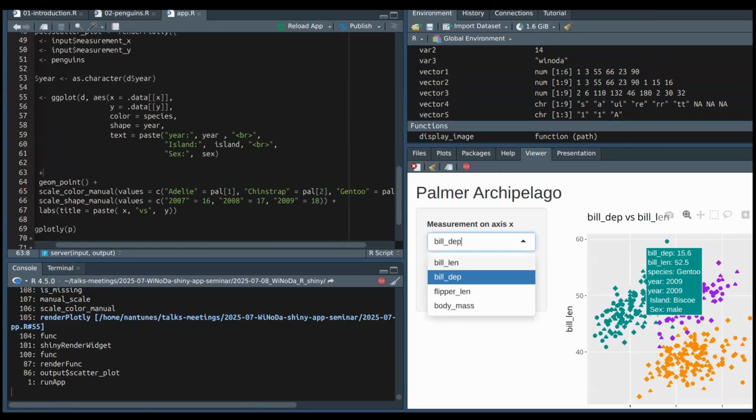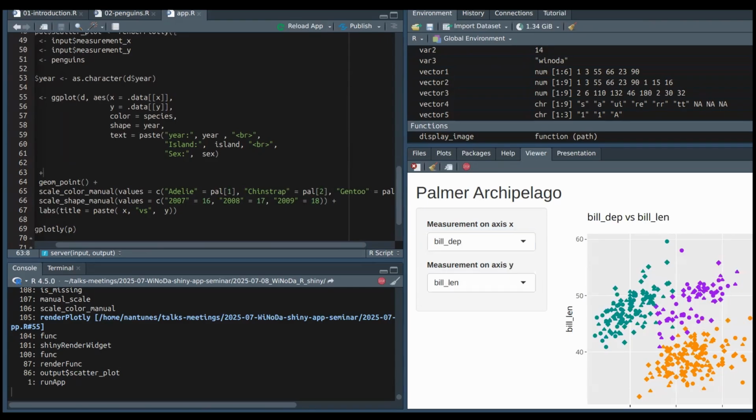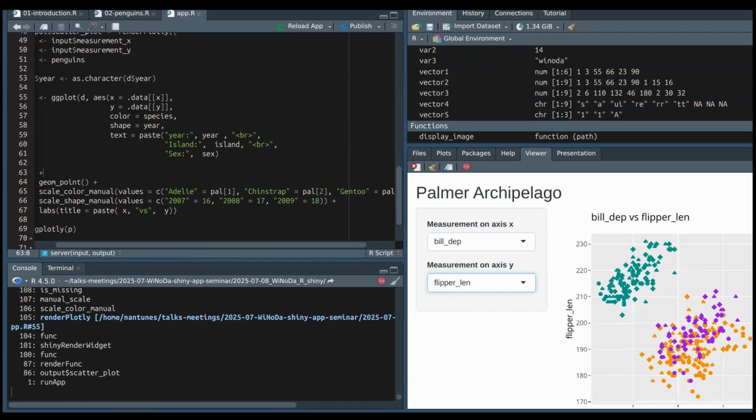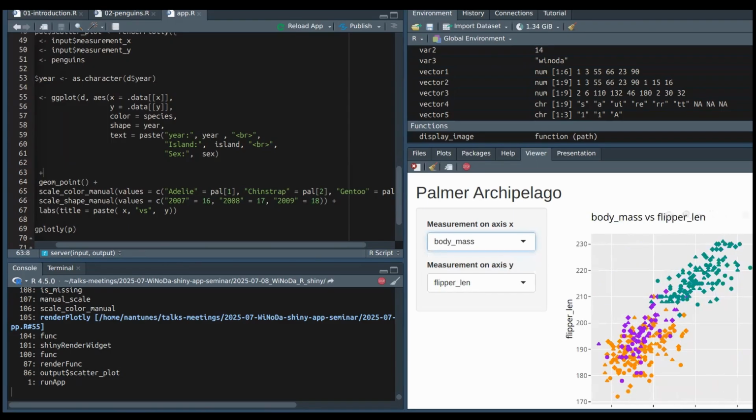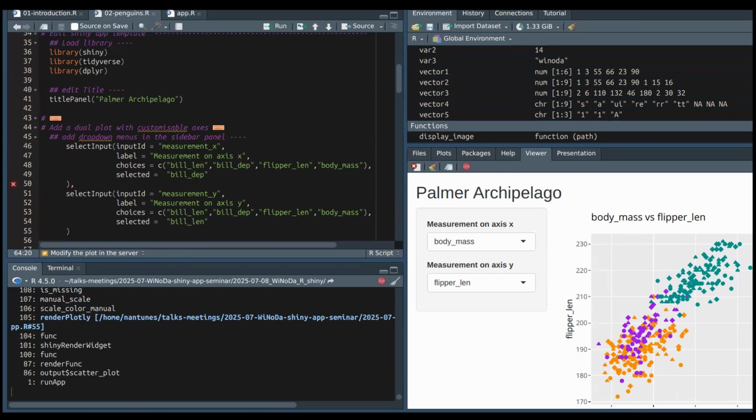And so you can see here you have a nice plot. And when you hover over, for each individual you can see the year, the island, the sex, and the measurements of the bill depth and the bill length, because here I selected depth and length, but you can change it for flipper and body mass, for instance, and so on. And here you have the legend of the plot. So if I come back here now,